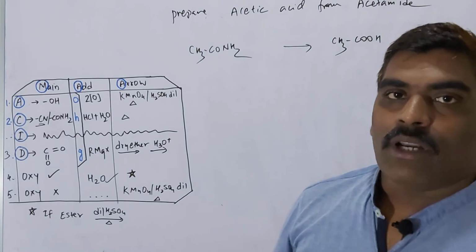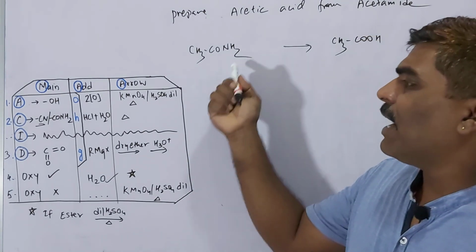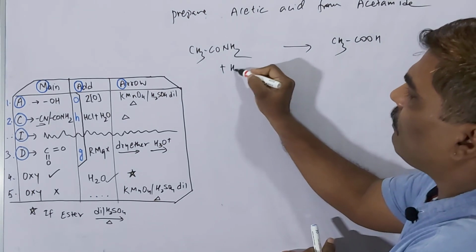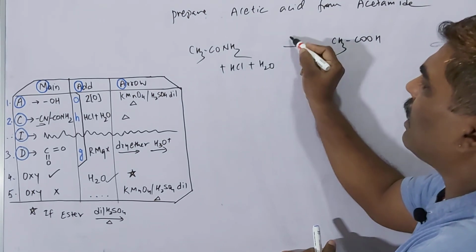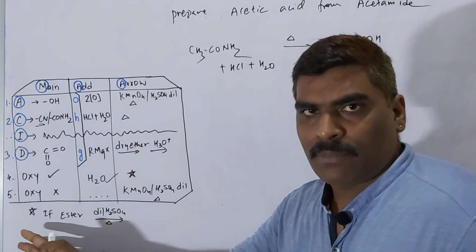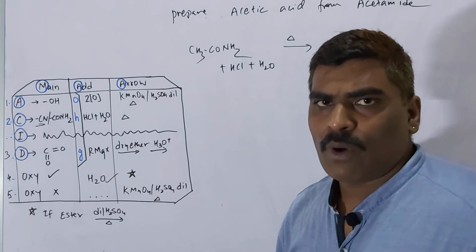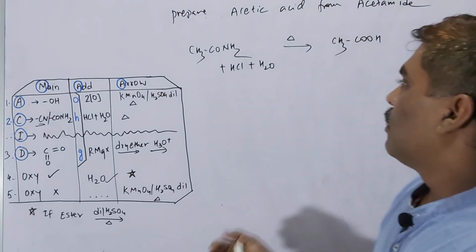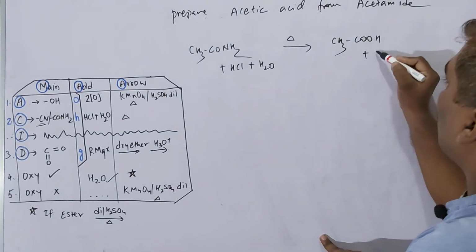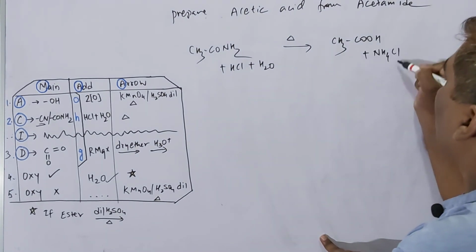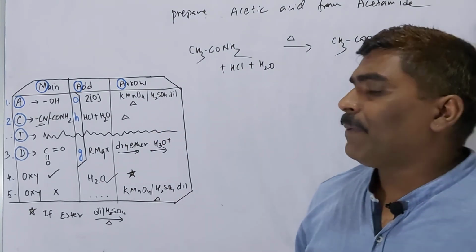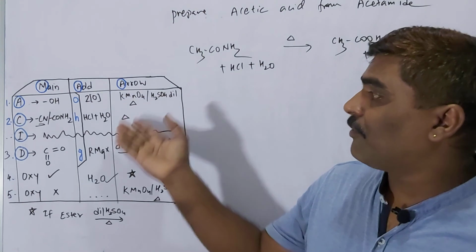Now what happens here is, this amide is there, acid hydrolysis. From this table it becomes very simple to understand what exactly you have to do. If you know this material and what you have to add, it becomes very simple. Now if you try to find out what is extra on the left side, you will get ammonium chloride. This way we can write the preparation of acid with the help of this formula.